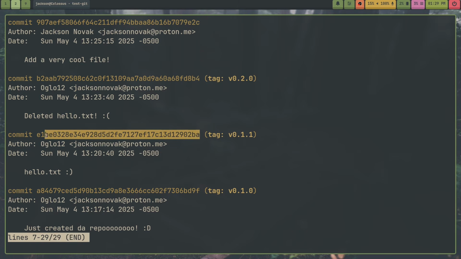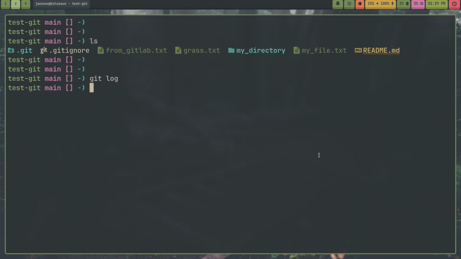So I want to roll back to the commit right before that. I could copy this whole string, but since I actually have a tag here, I can just copy the tag, and then I can do git checkout and then paste that tag name or the commit name. Either one works. And then when I press enter,